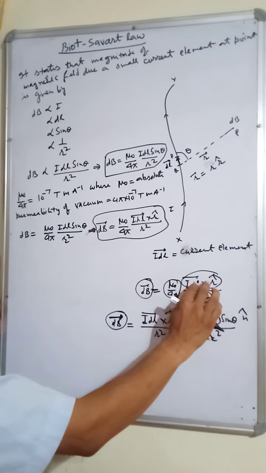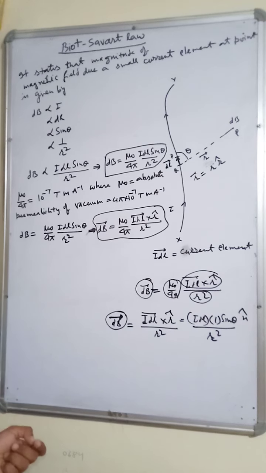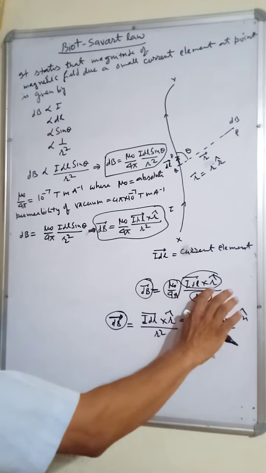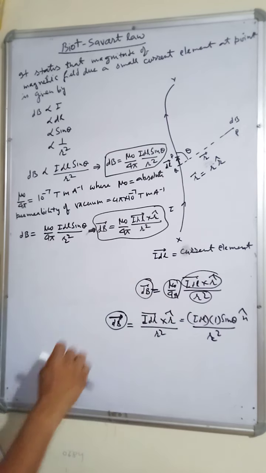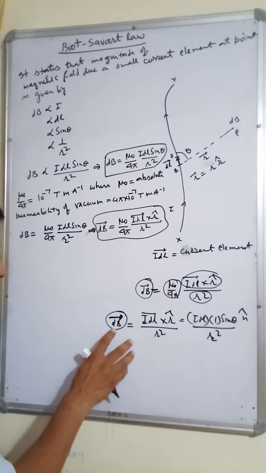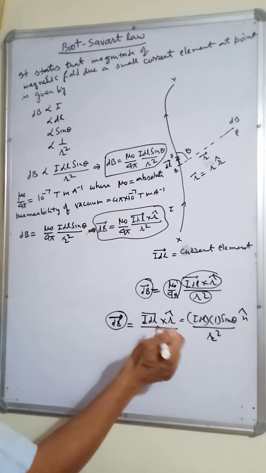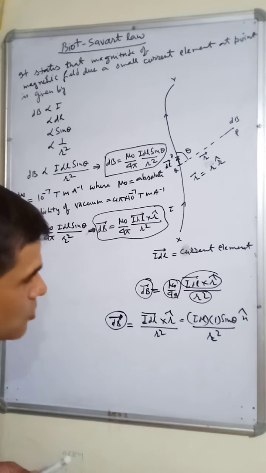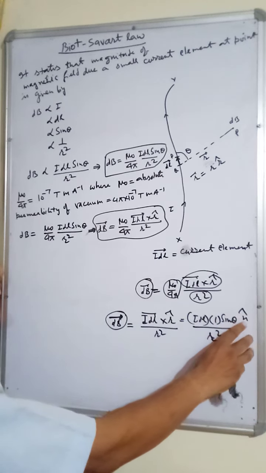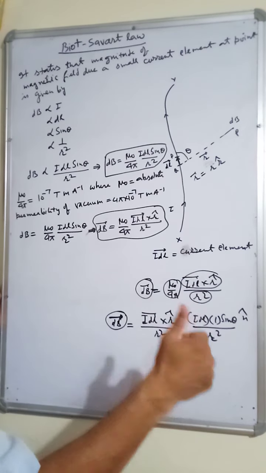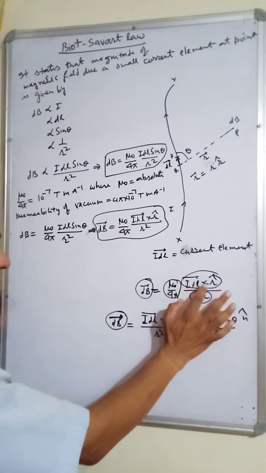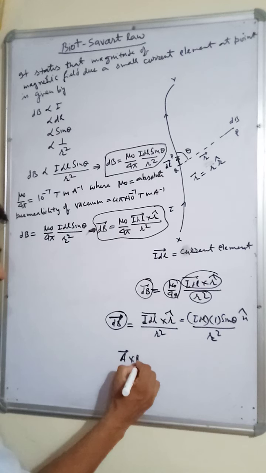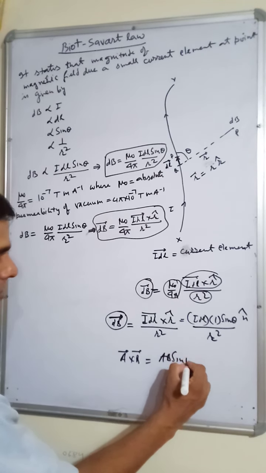So this is the cross product. We already know in the 11th class how to find the direction of cross product. So this I dl cross r cap will have the same direction as that of the dB, right? So here dB is equal to I dl cross r cap, and here I explained we can also write it like this one. One last thing is how to find the direction of n cap. You have the right hand thumb rule. You move your fingers from I dl to r, then the thumb will give the direction of, you know, in the 11th class, a cross b. So this is ab sin theta n cap.